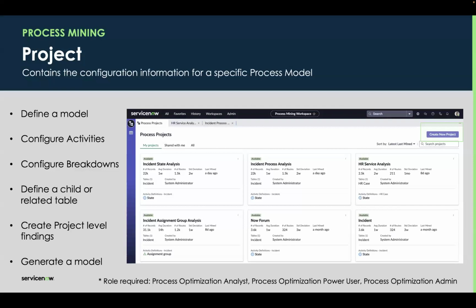Now, what data we mine is all configured inside of a project. Projects are where we configure what data we want to analyze. So besides configuring the data, we also configure a few other important pieces inside of the project, like activities, breakdowns, any child or related tables that we want to link together, and finding definitions, which you'll learn more about here